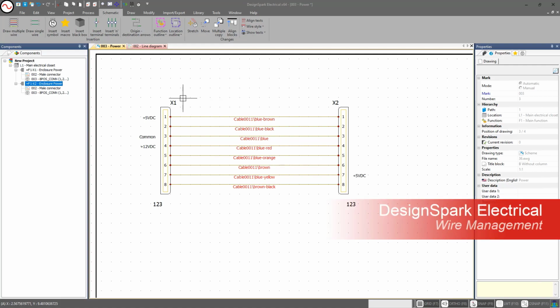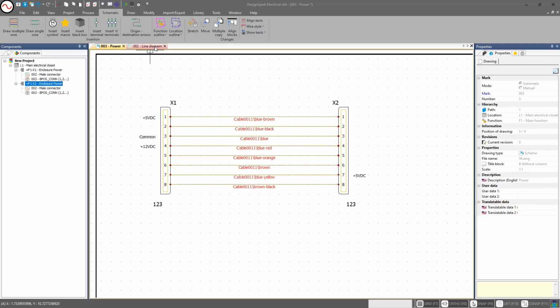The last videos we covered were about the schematic overview as well as a line diagram overview. We started creating a small line diagram with our two connectors and a cable, and then we corresponded that same cable assembly to our schematic that we see here. Now, before we actually drew our cables, we drew our wires and turned them into a cable. So we're going to step back a little bit and talk about our wires and our wire